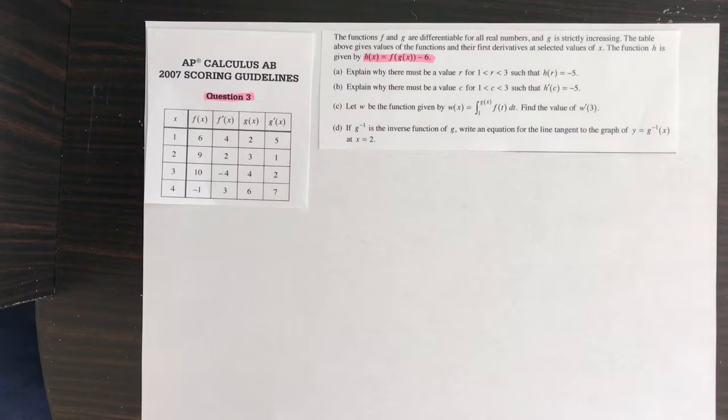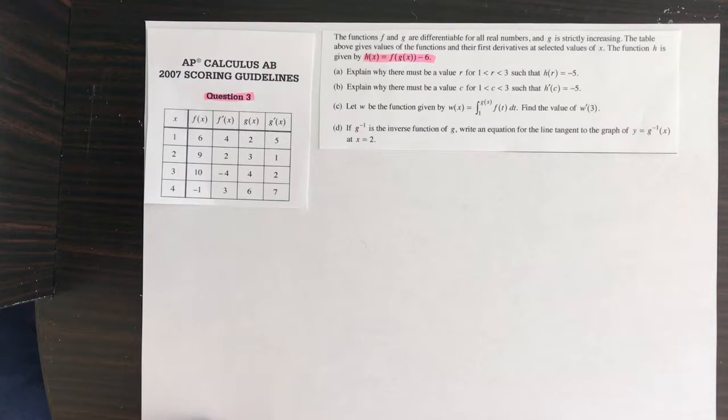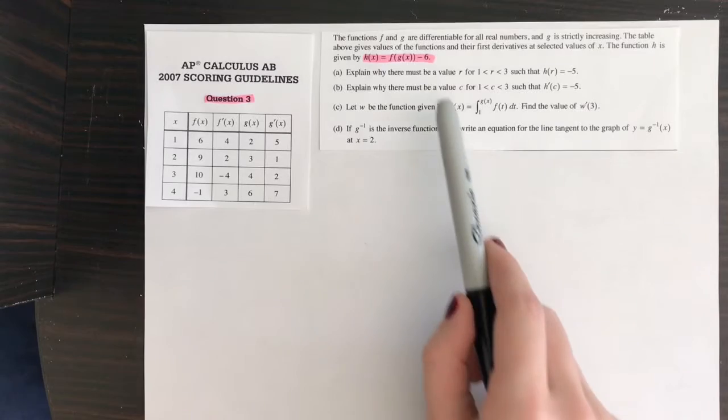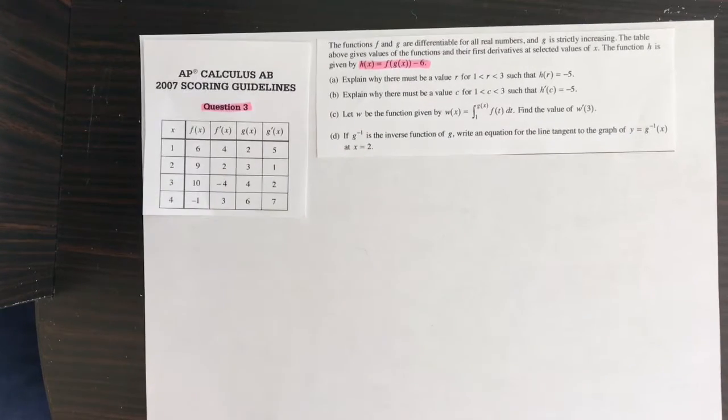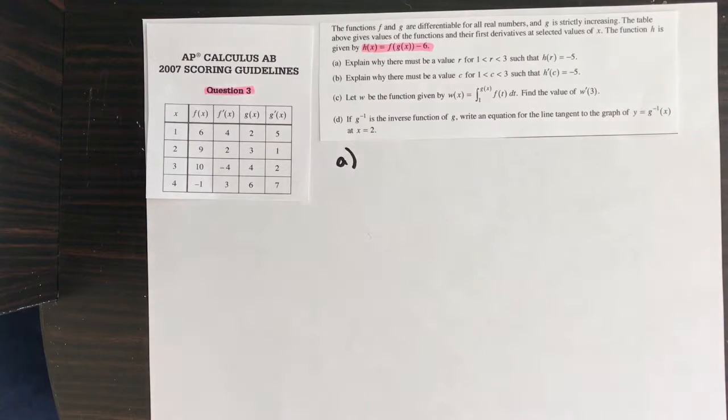Okay, so looking at this problem, we're given a table with the values of the differentiable, thus continuous, functions f and g. We are also given values for their derivatives. We are then told there's a function h given by h of x equals f of g of x minus 6. Now for the first problem, we're asked to explain why there is a value r for 1 is less than